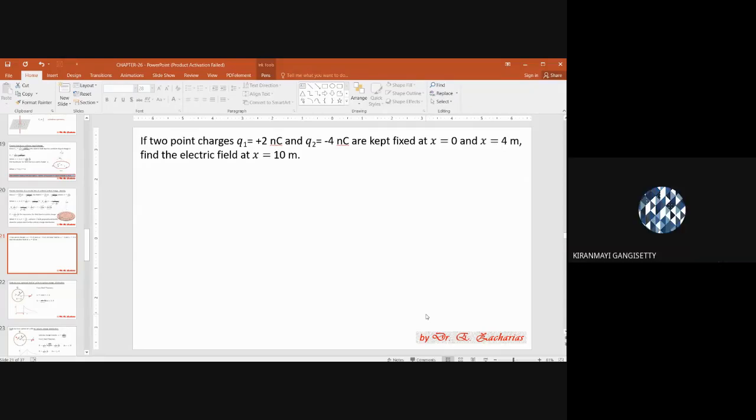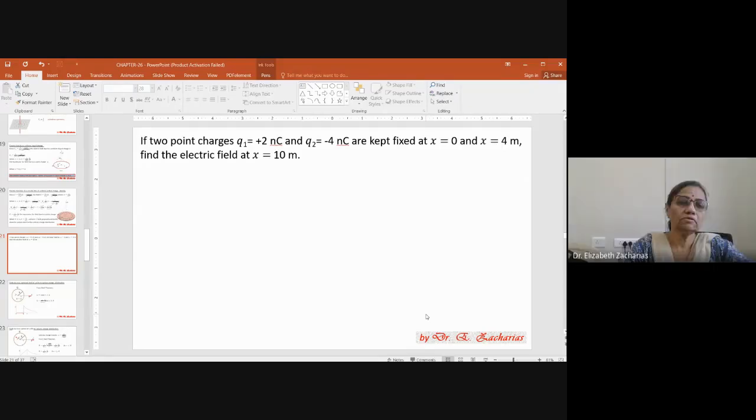Okay. So in the last few days, we started with the concept of what is a field. And then we talked about the field due to a single point charge. Then we talked about a field due to a dipole. And from there, we moved to continuous charge distributions, where we talked about the field due to a line charge distribution. Then the field due to a ring of charge, a disk of charge.